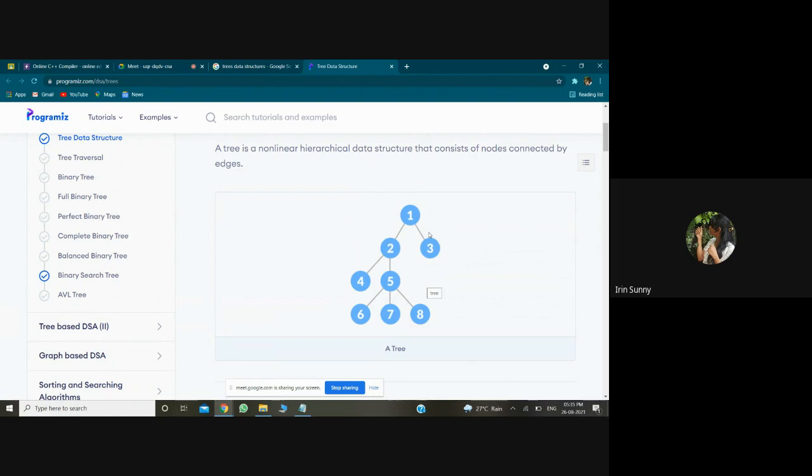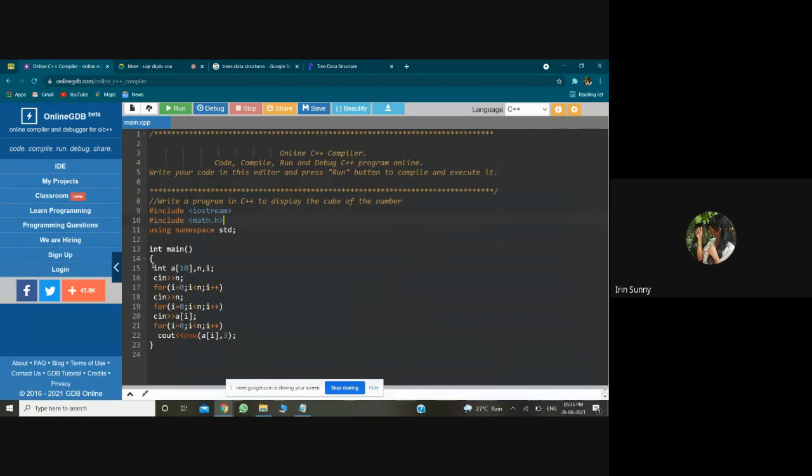If n is the total number of elements, assume I enter 1 in the 0th position, then the child nodes of 1 will be at index 1 and index 2. Similarly for 2. I'll write them down, it will be more clear there.